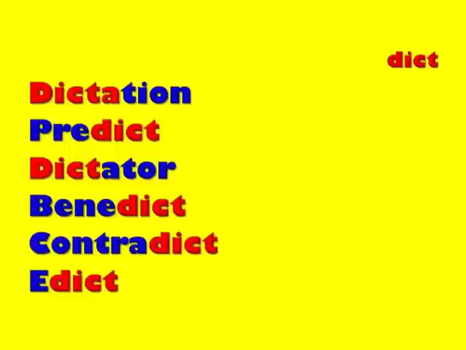Benedict contains two root words. Bene, you may recall from a previous unit, means good, and dict means to write, so Benedict means good writing. Contradict also has two roots. Contra is a root often used as a prefix that means against. So to contradict is to be against someone's writing. If someone says or writes something and you contradict it, you basically say or write the opposite. And edict contains a prefix e, which means out. An edict is a writing that is sent out, usually a law. Governors, rulers, kings, and even sometimes religious figures will propose edicts, or laws that are sent out to the people.